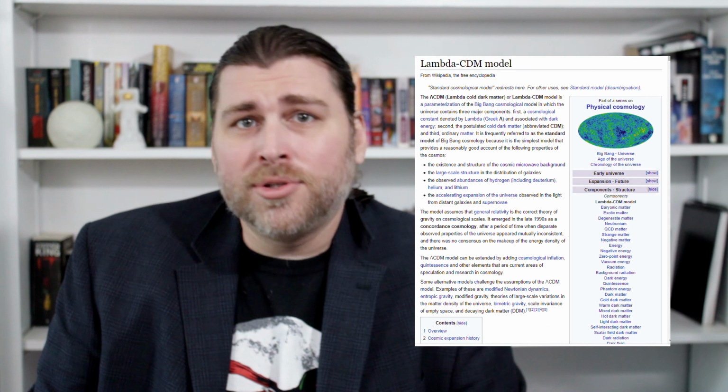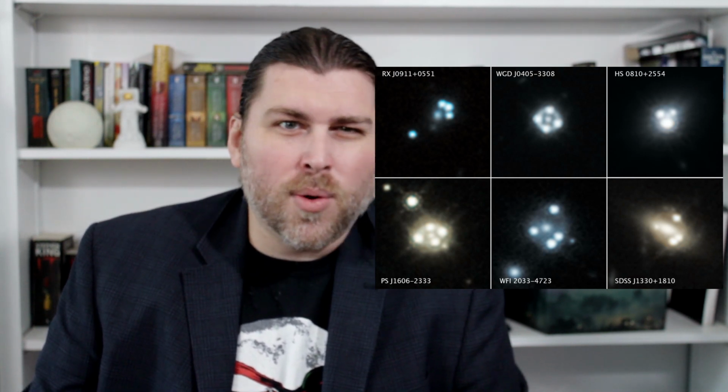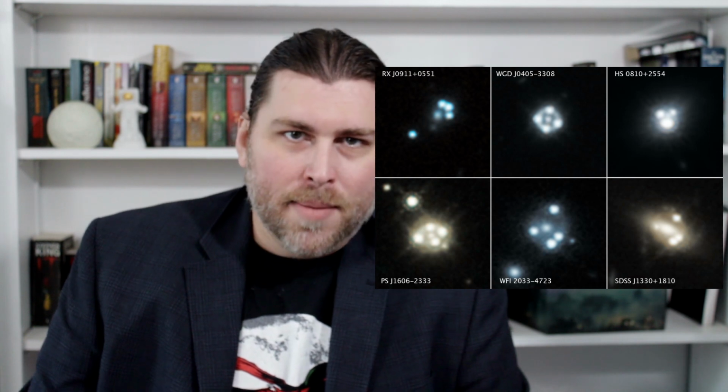Well, in the standard cosmological model and in the cold dark matter model, dark matter can form smaller clumps. In these Hubble Space Telescope images, we can see 4 distorted images of a background quasar and its host galaxy surrounding its core of a foreground galaxy. By observing the gravitational effects in this system, researchers were able to indirectly measure dark matter, finding them in cold